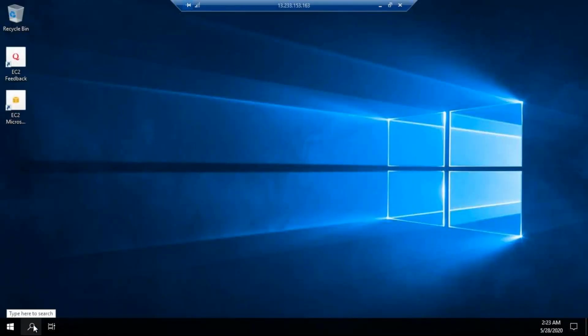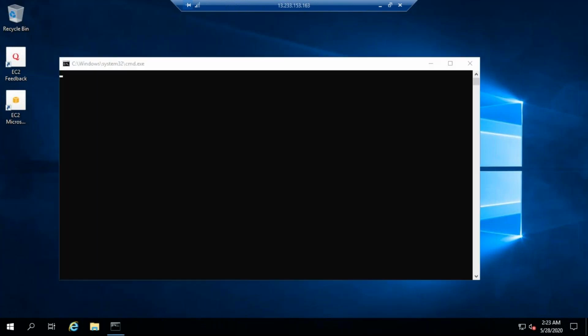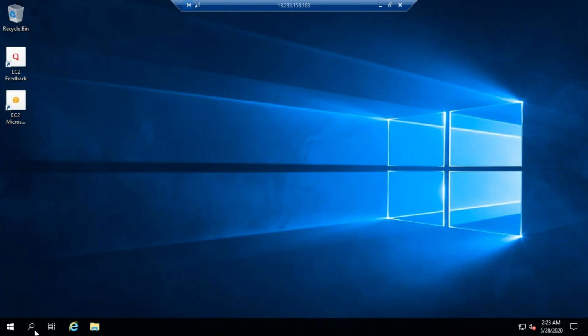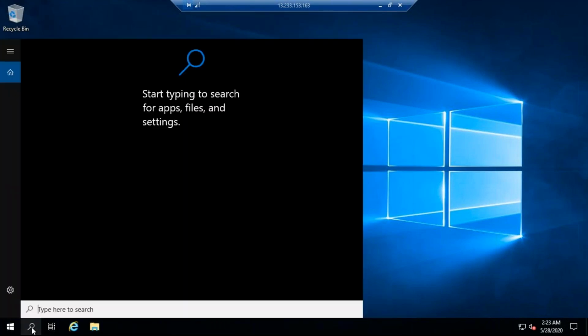So first thing is, click here, select Server Manager. Here you can search for Server Manager.